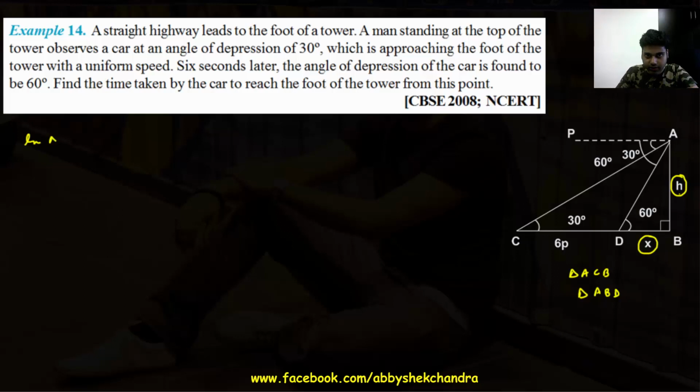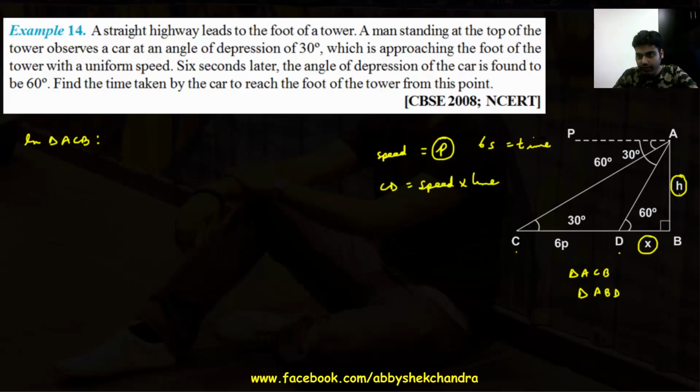So let's do it in triangle ACB. Now in triangle ACB, okay, one more thing, we assume the speed of the car to be P, which is uniform. Now from C to D, the time taken was 6 seconds. This was the time taken, right? And if P was the speed, what would be the distance CD? It will be speed into time. That will be P into 6 or 6P. So that's how I've written 6P here. Okay. Now in triangle ACB,